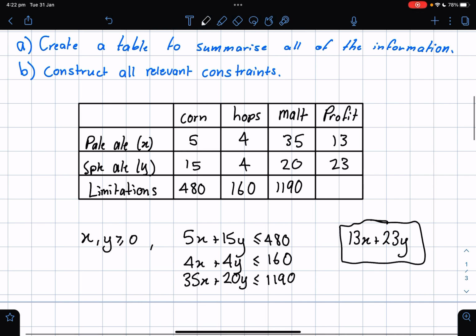All right, so that's how to pull out, and a bit of strategy to pull out, information from a worded question. Hopefully this gives you a bit of a guide on how to attack other worded problems, and